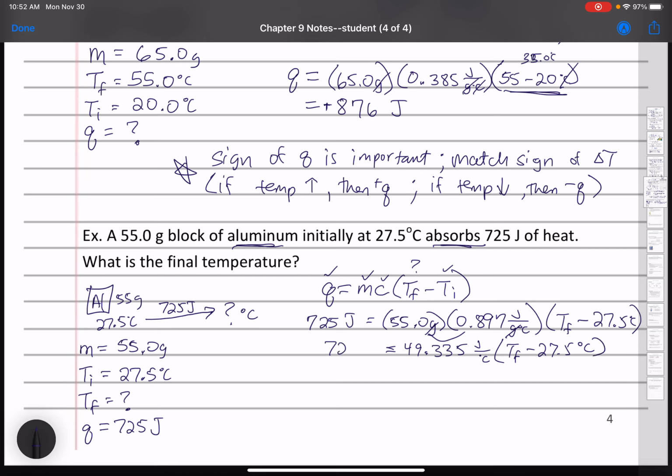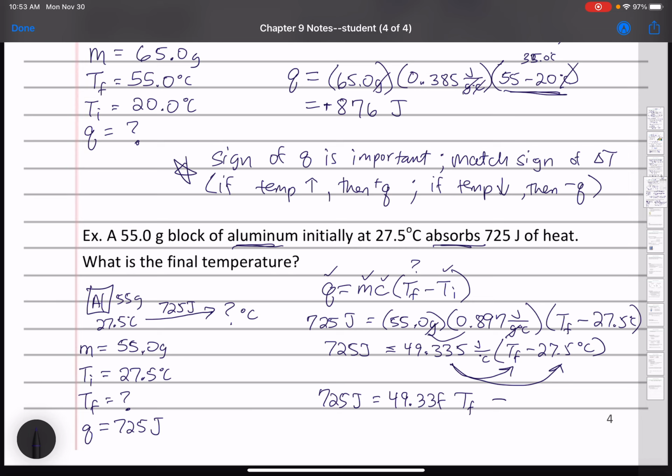And that equals 725 joules. So I just did that one step there. Now I need to, is it FOIL to distribute? I can never remember what that's called, but I need to multiply this by that and that. So I get 725 joules equals 49.335 TF minus,